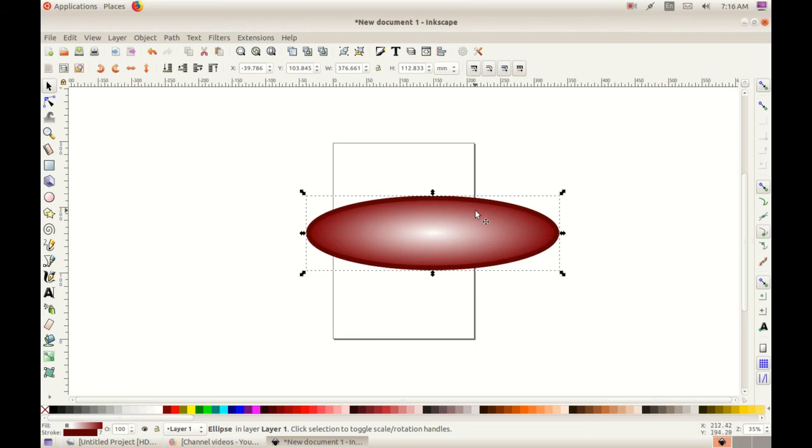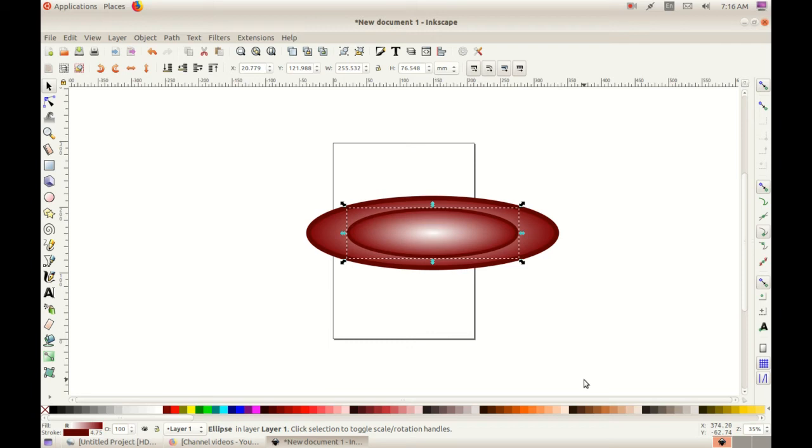A duplicate is created over this, isn't it? Using the shift and control key pressed together, use the arrow key to drag it to the center. Okay, got it?